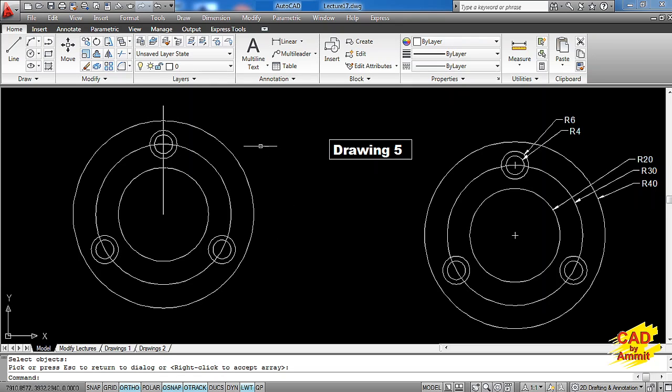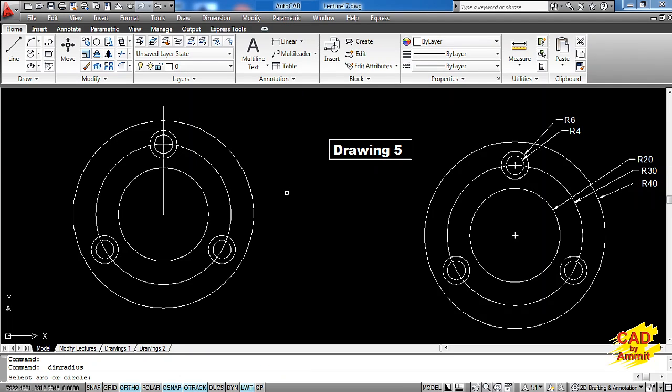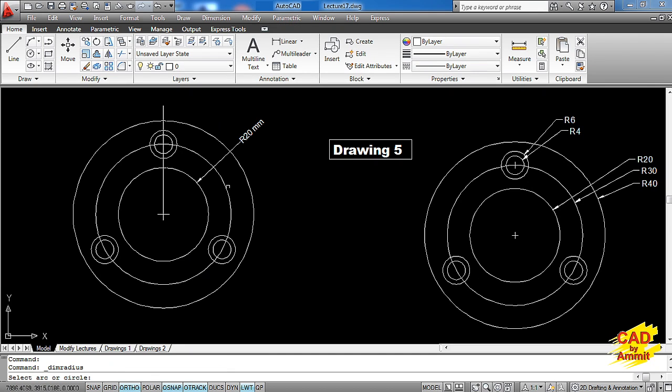Now to place the dimension, we'll go to the dimension tab. I'll take the radius option this time because all the dimensions are radial dimensions. I'll click over here and we get the dimension here. Then we again go to this radius, the second circle, we get the dimension here. Now friends, here the dimension is coming in a different way. The reason is my dimension style probably is set to a different dimension style.